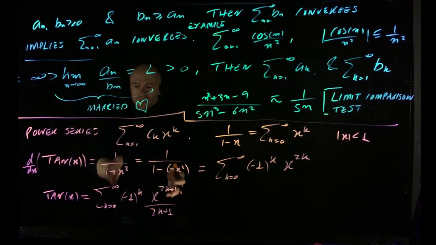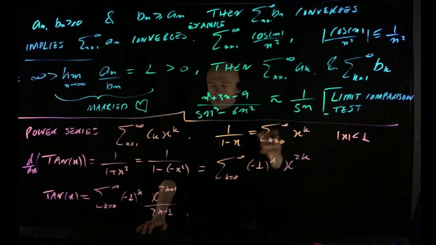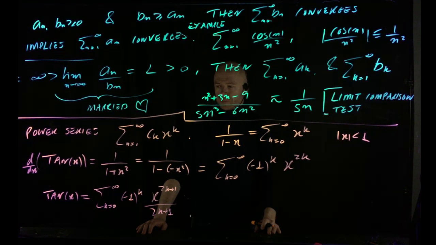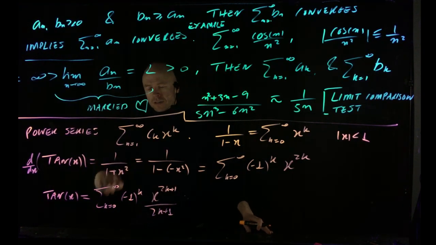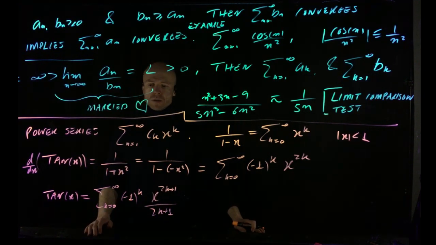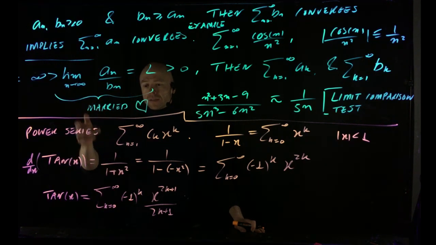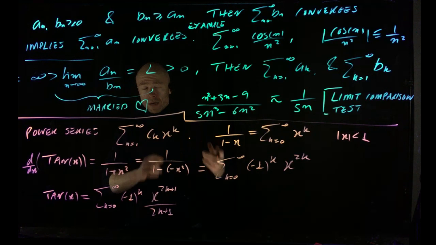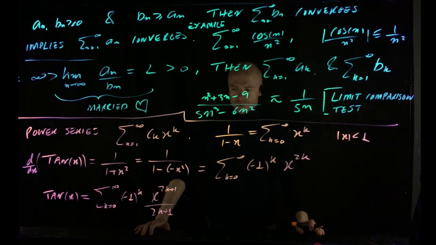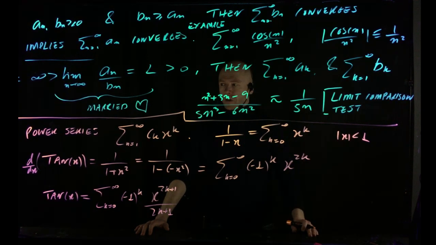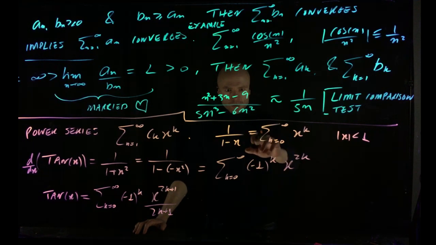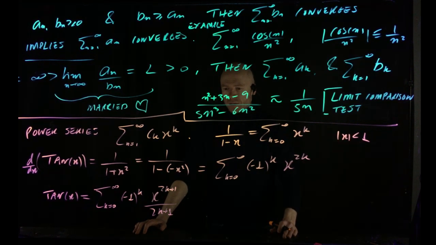And that's the power series expansion of tan that we just got by differentiating and getting into this form. We could also integrate to get something in the form of 1 over 1 plus x, or 1 over 1 minus x for the right choice of x, and then power series expand and then differentiate to get back. So we can get power series on the cheap from this identity,